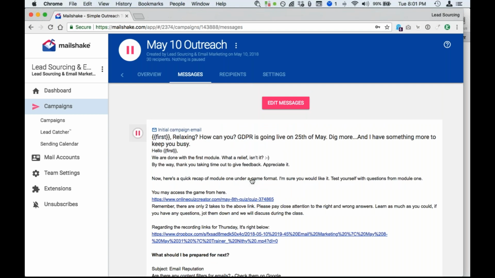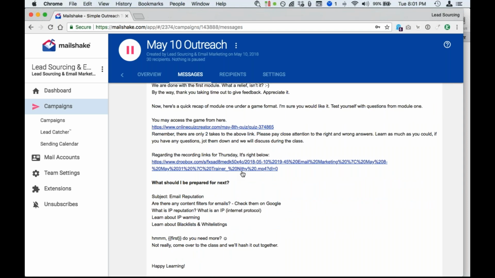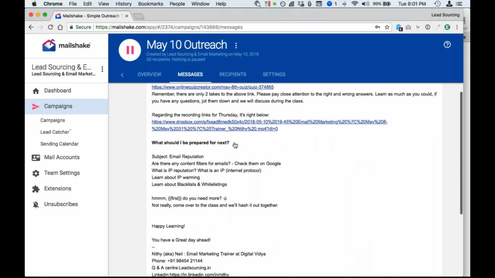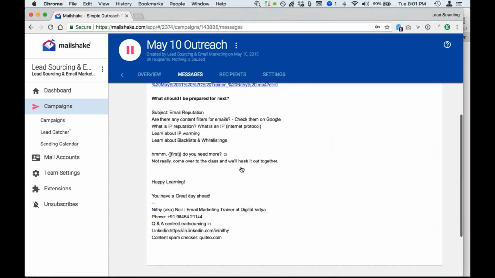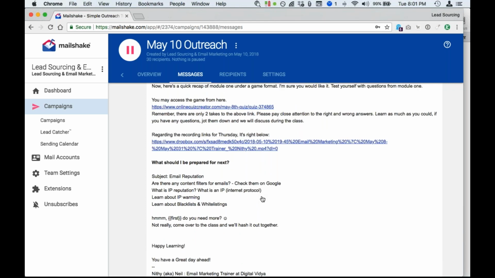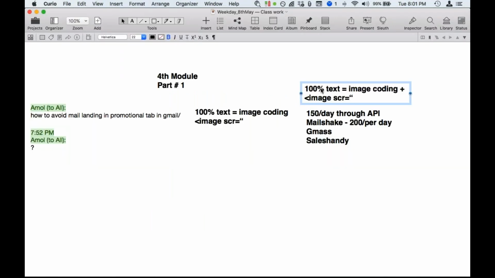Now, if you take a closer look, not many have really gone through the entire email. Not many have clicked on those links. Well, it's understood that they don't have time. So all they can make up is 1.5 hours to come into the class, but there is no digging into the subject. Maybe they will store that email for a later date. End of the day, it is a text emailer, but still the image code goes in because they make the entire template